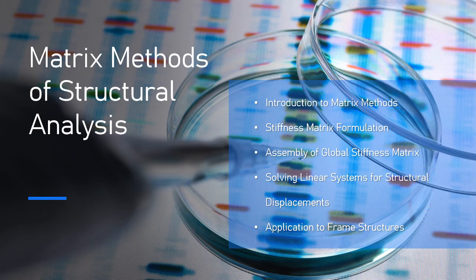5. Solving the system of equations. Once the global stiffness matrix K has been assembled and boundary conditions applied, the system of equations KU = F can be solved for the displacement vector U. This is typically done using direct methods, such as Gaussian elimination or LU decomposition, or iterative methods, such as the conjugate gradient method. The displacement vector U will provide the displacements, translations and rotations at each node of the frame